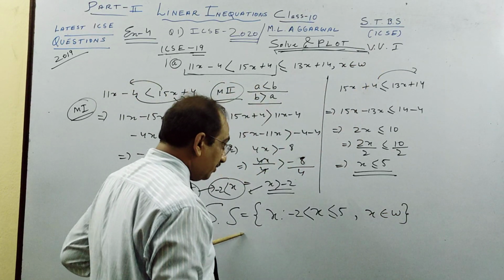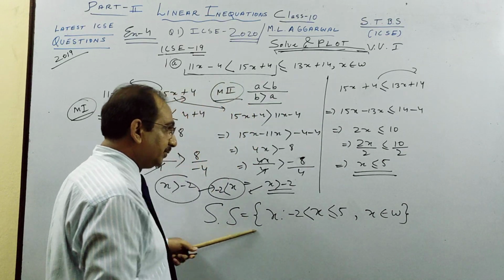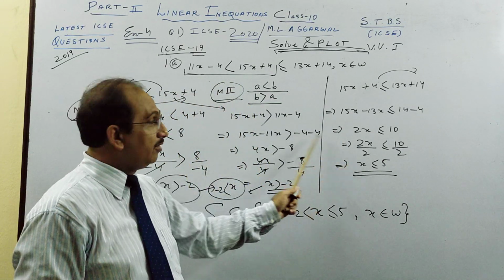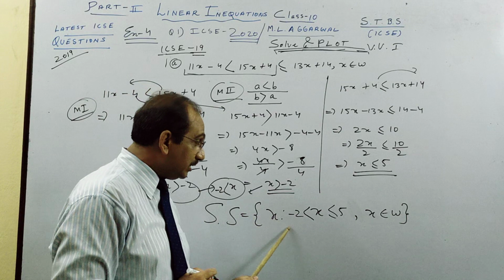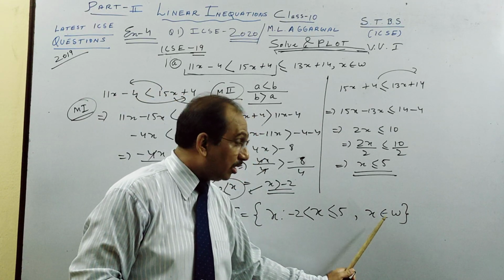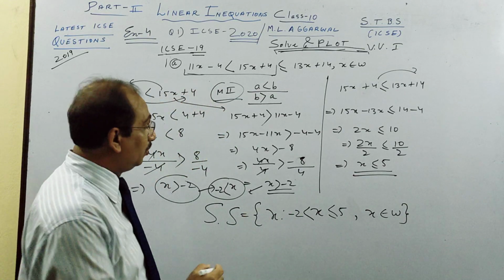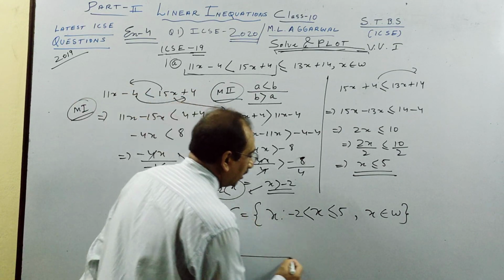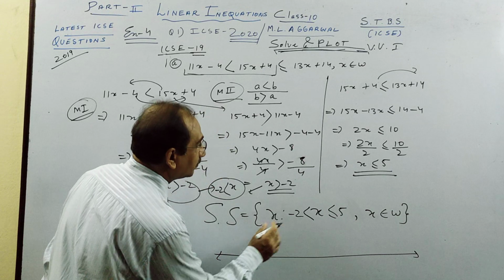So this gives you 1 mark in the exam. These 2 only give you, any one correct gives you 1 mark. This gives you another mark. If you don't write this replacement set, this 1 mark goes. Then the last thing is plotting. Plotting, how do you do it, children?